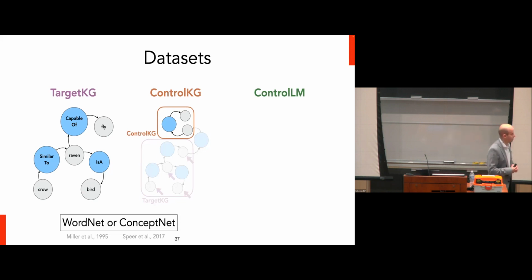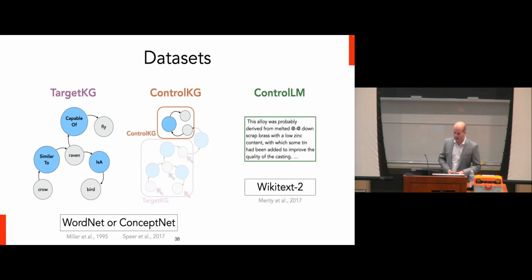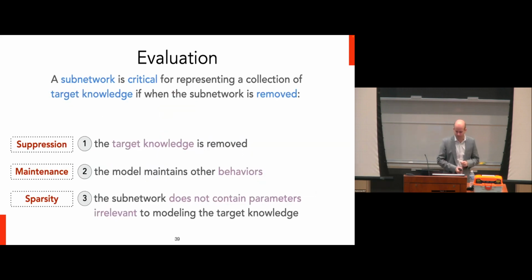Specifically so that we can avoid the very tough task of defining how many other facts should also be removed if the model no longer understands, let's say, that a cafe is a restaurant. Does that mean that it also, if it's all the way at the tip, does it also not know that restaurants serve food, that they typically employ waiters and waitresses, things like that? And then finally, control LM is just Wikitext2, which we use for that control state.